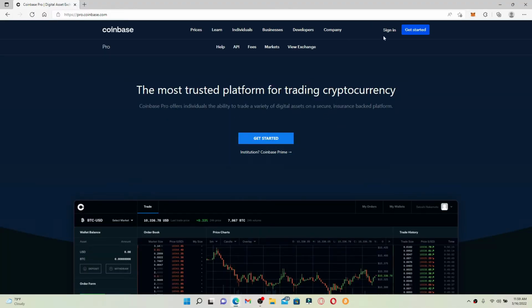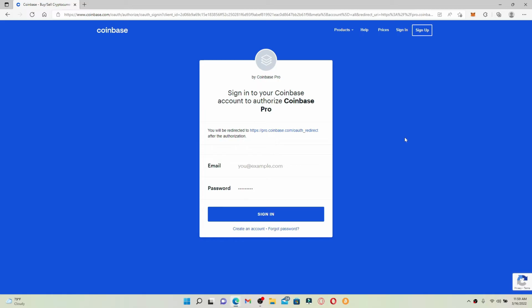Click on the sign in button in the upper right hand corner of the main home page in order to end up in the login area. To log into your account, you'll need to enter your Coinbase account's credentials. Simply type in the email address that is associated with your Coinbase account. Head over to the next field where it says password and type in your password correctly, and finally click on